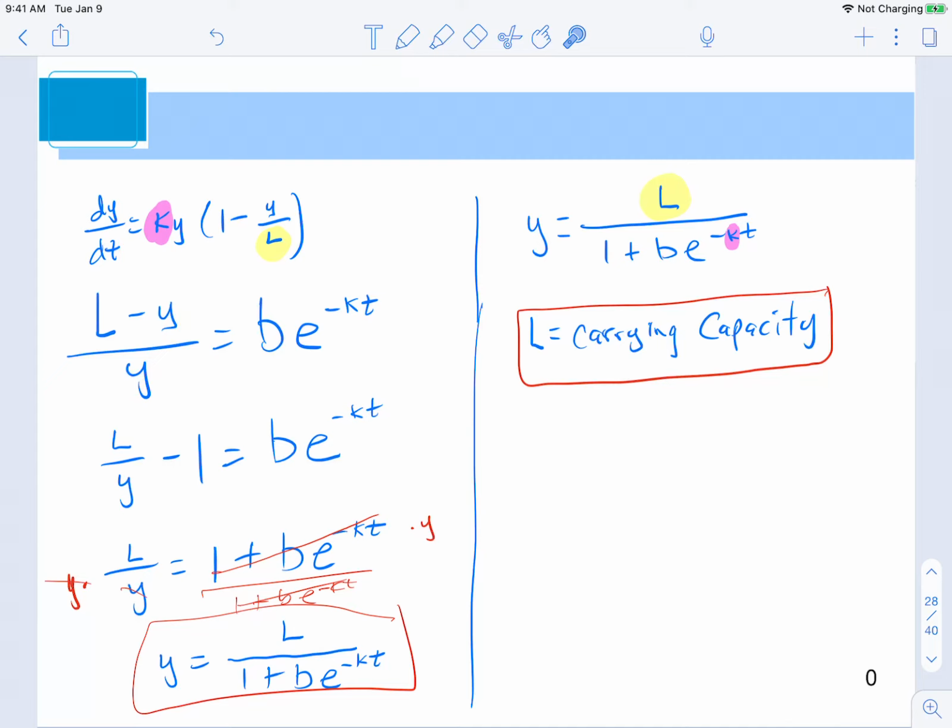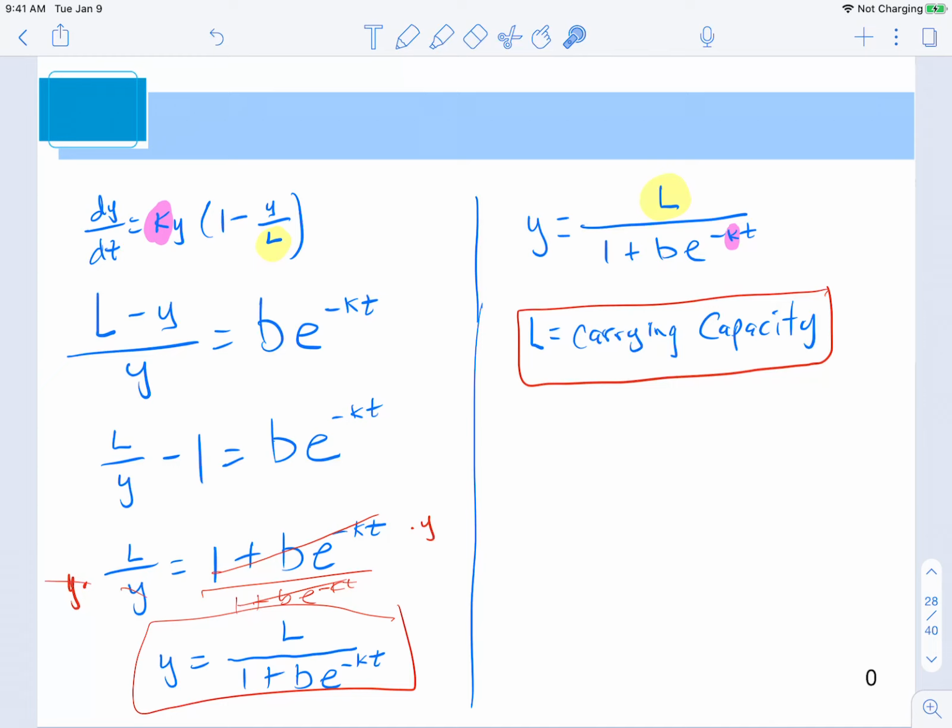I'm going to add 1 to both sides, and I get L over y is equal to 1 plus B e to the negative kt. I'm going to multiply both sides by y and divide both sides by 1 plus B e to the negative kt. And I end up with this, where the L that you see here, that is the